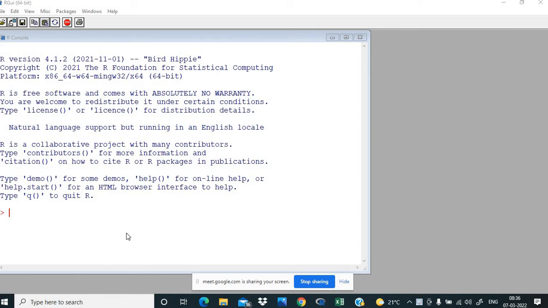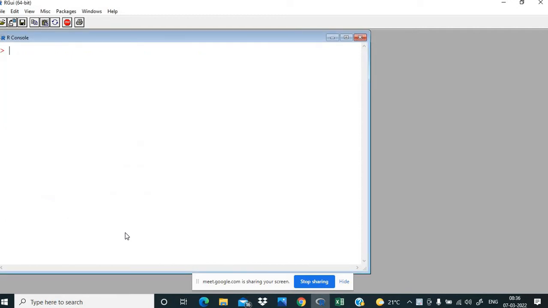Okay friends, so today we will study descriptive statistics in R. First we have the R console as you can see here. We will press Ctrl+L to clear the screen. And then at the very outset, let me type in the data, because some data is required for computation of the descriptive statistics. Let us assume that there is a data set X and it takes some values like say